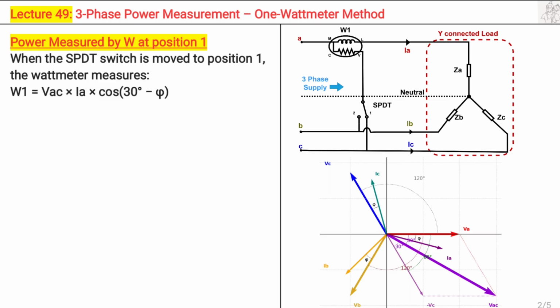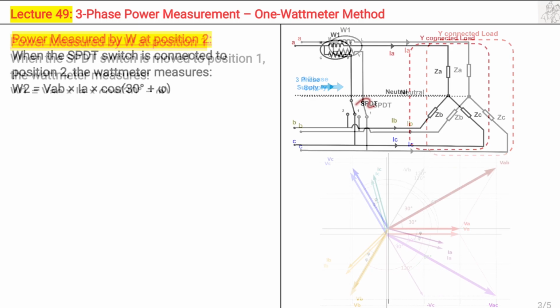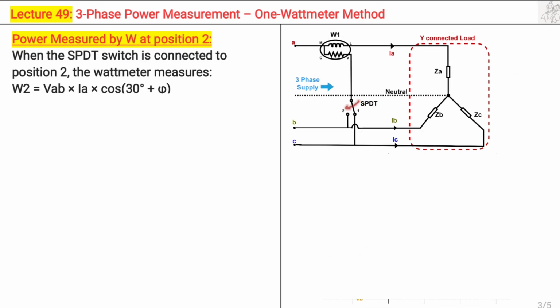So the wattmeter reading will be simply VAC into IA into cos of 30 minus phi, and VAC is simply the line voltage, IA is the line current. Therefore, the wattmeter reading at position 1 is VL IL cos of 30 minus phi. Similarly, when this switch is moved to position 2, the voltage measured will be the voltage between line A and B, and the current will be IA through this current coil. Therefore, the wattmeter reading will be simply VAB into current, that is IA, into cos of the angle between VAB and IA,